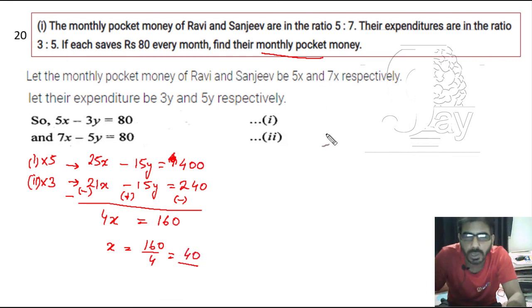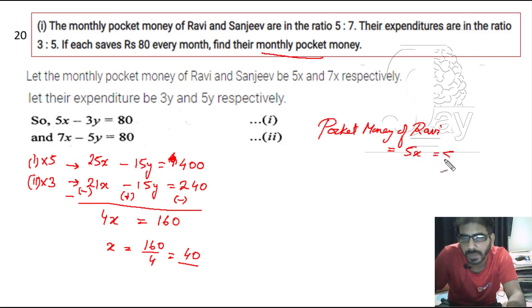We need to find the pocket money of Ravi, and how much is that? It's 5x. So 5 times 40, we get rupees